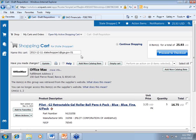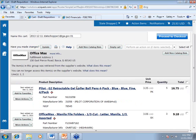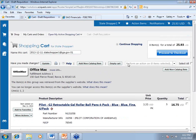So once I've checked out, it's taken the items from the OfficeMax site and brought them back into Team Georgia Marketplace into my shopping cart. The name of this cart is always going to have the date and then your user ID in the name of the cart, and I'm going to show you just in a second where you can describe your cart, which will help you identify your cart more easily if you want to check on the status of your cart. So you'll see the 2 items that I've got. I'll click on Proceed to Checkout,